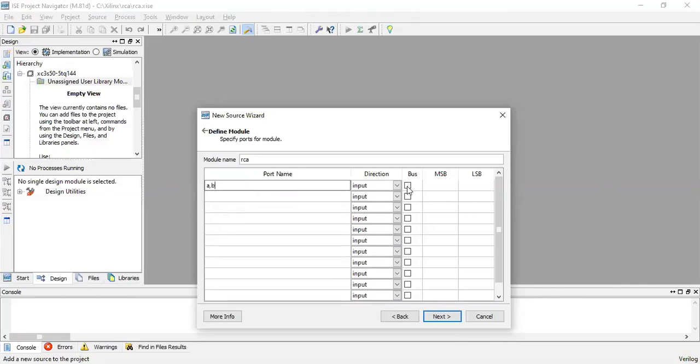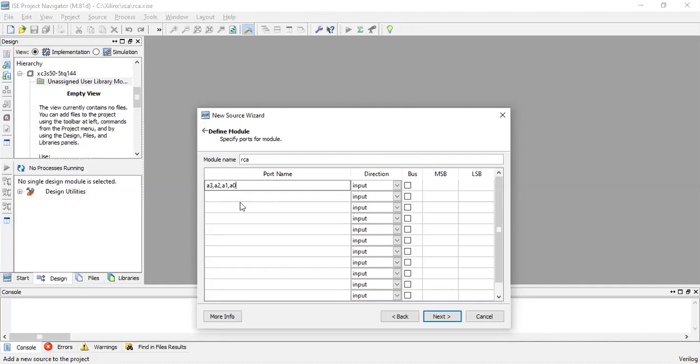Now what was the size of the bit? If you can see, I had written A3, A2, A1, A0. Instead of writing like this, we can also write it in vector format.